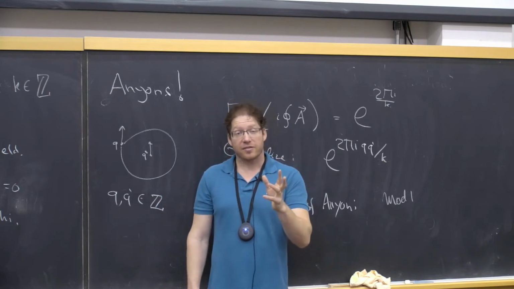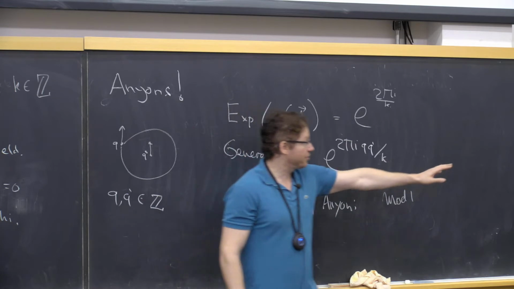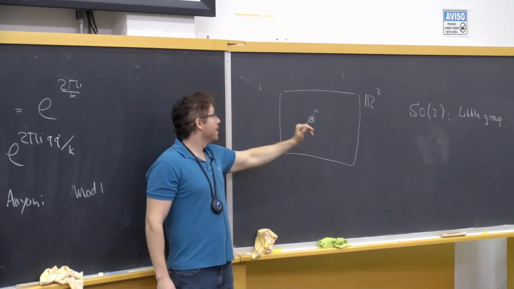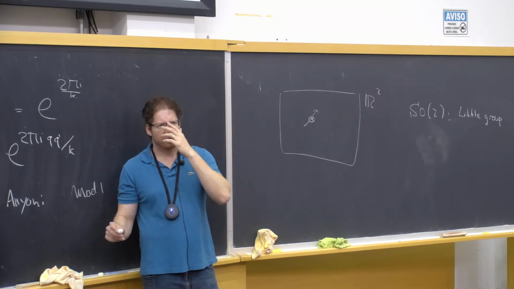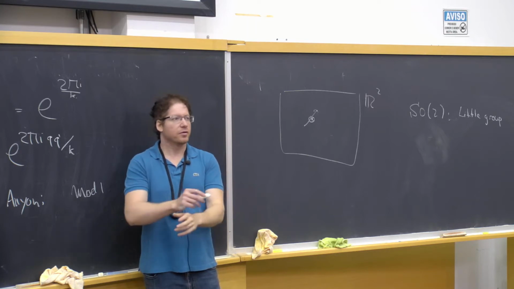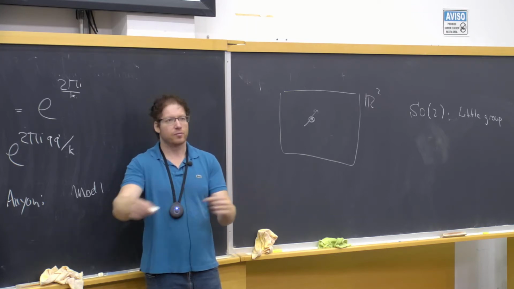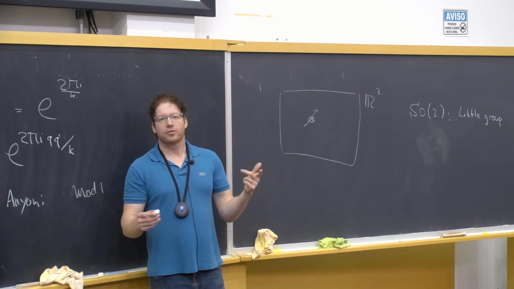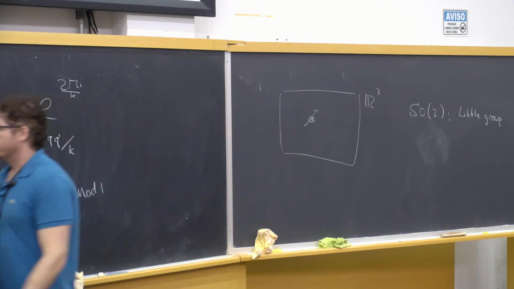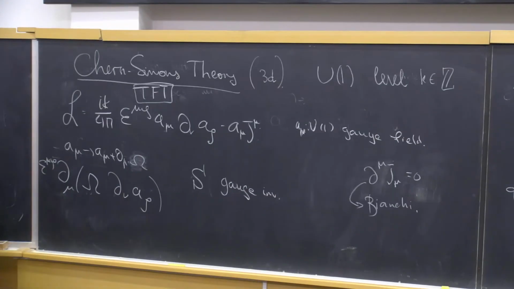Now, the spin is somewhat similar, though more complicated. The spin is the eigenvalue of this little group when you put an anion, but it's similar in some way. So think about something like QCD, right? In QCD, there are no anyons. The protons and the neutrons and the mesons, if you just braid them across each other, they lead to trivial phases. So how could you stop me from just taking an anion and putting some meson on top of it? I just take your anion and I put a small meson on top. I could make the spin change by 1 in this way. But you're not going to be able to measure it.